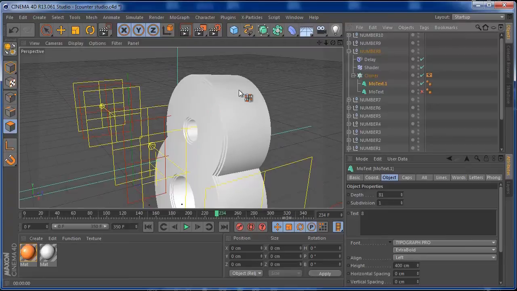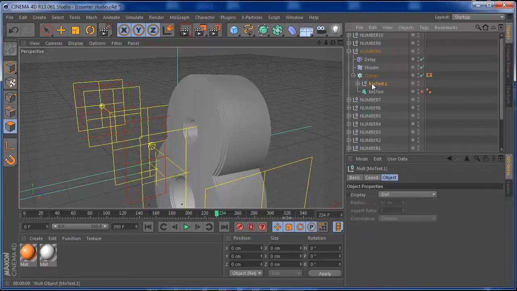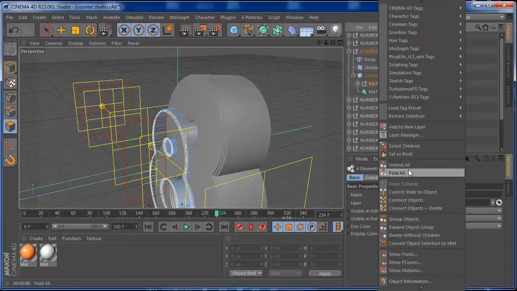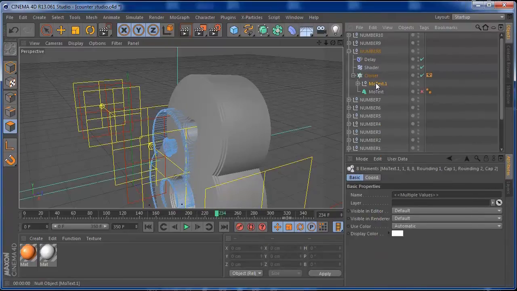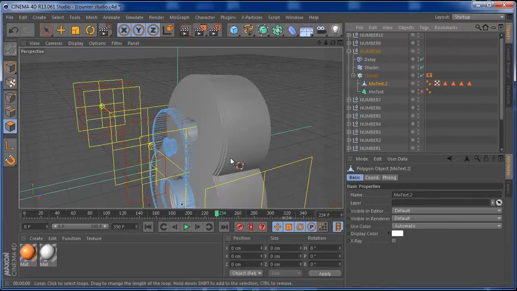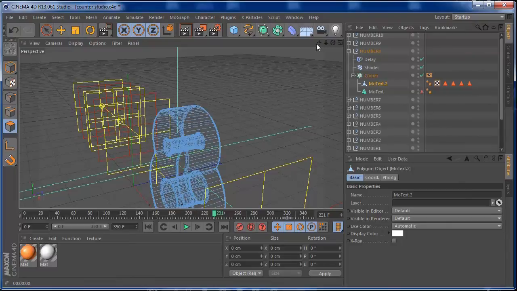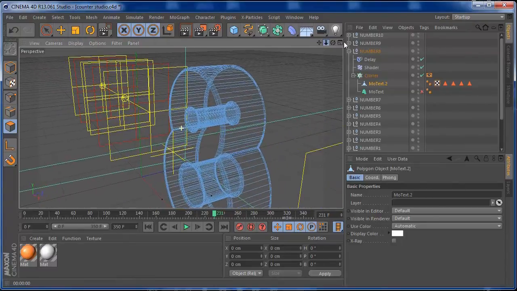If you want to add different colors or different textures on your text to make it a little bit cooler, let's select children, hit C, select children, and hit connect objects, and delete. Okay, so just put this a little bit backwards. 8, this is the number 8. Then on the 8, we're also going to select the deeper